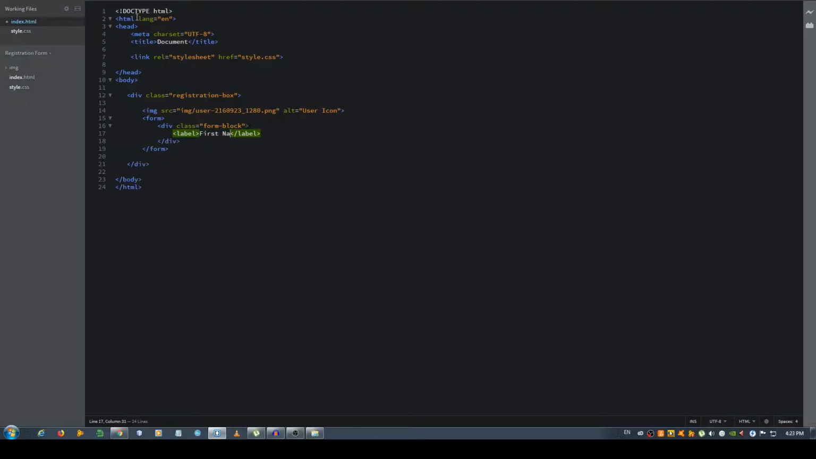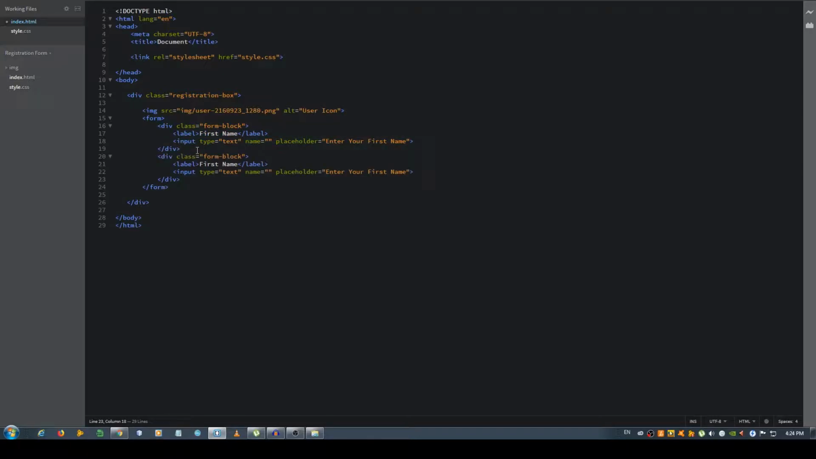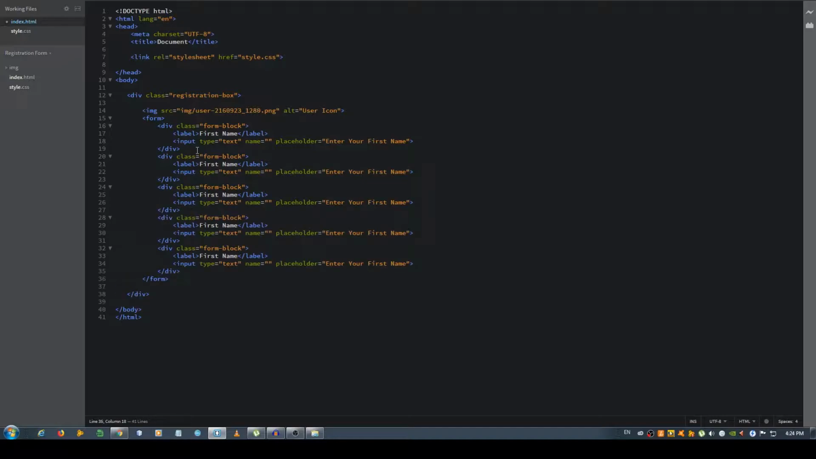Now label, first name, input, type equals text, name, and give it a placeholder. Enter your first name. Now let's copy this whole thing, and we're gonna need the last name, the username, the email, the password, and the confirm password. So here is last name,